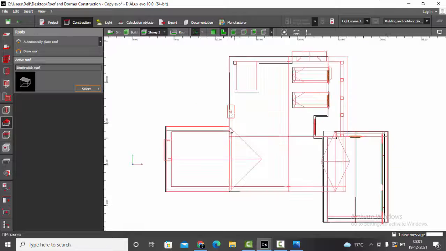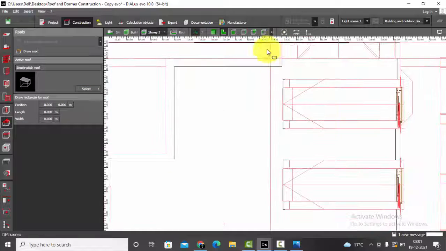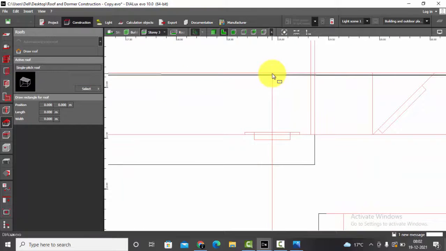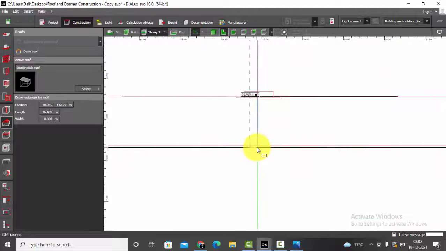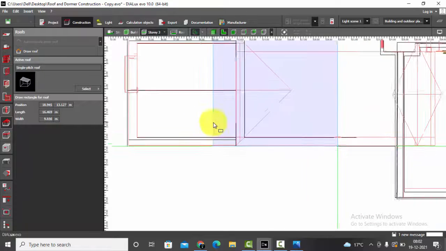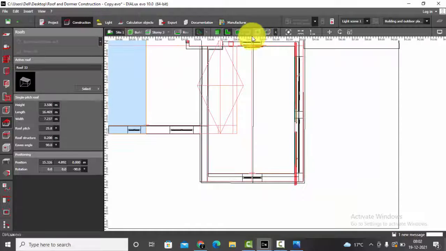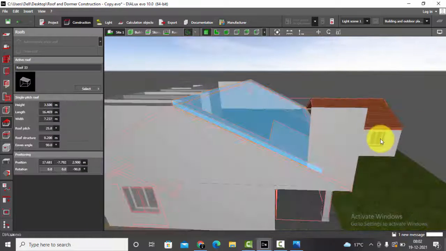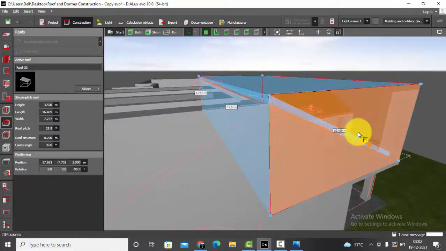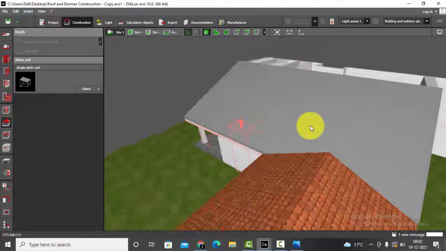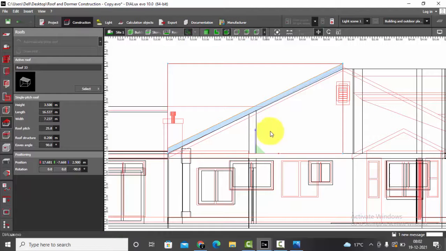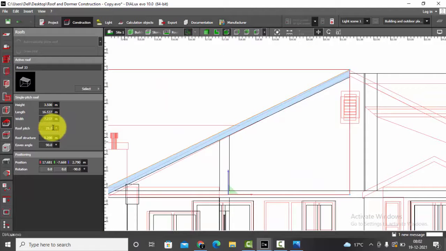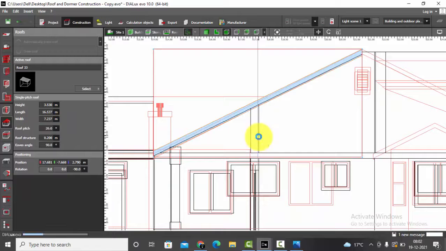We'll go to the plan view. First, we'll finish this side where we have this valley. Draw roof. Select the first point on the ridge, second point on the other end of the ridge, and drag it to the other side. Let's go and check in our 3D model. Yes, correct. This wall is still available, so we'll slightly scale it. Perfect. Let's check it out in the elevation. Roof pitch, make it 26 and adjust the height.